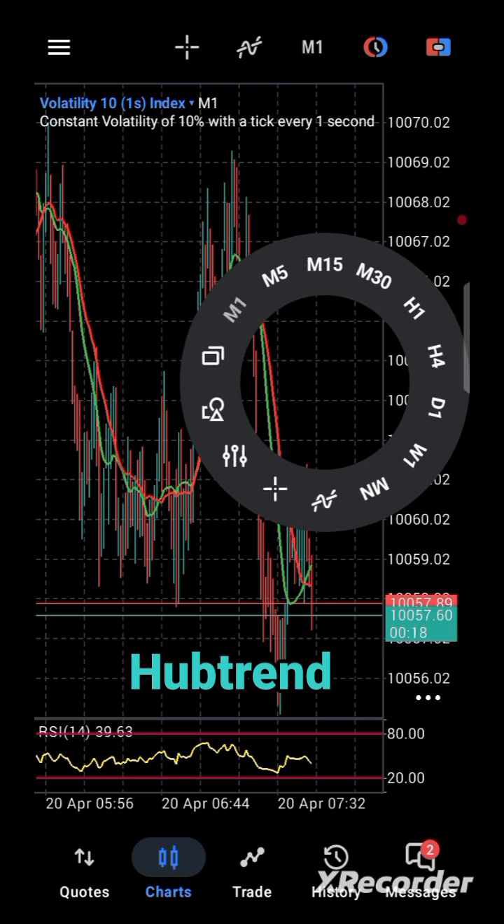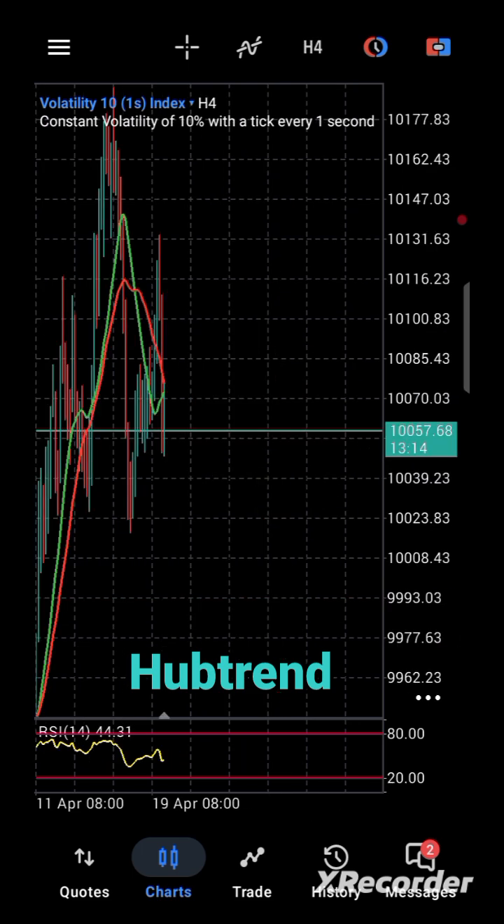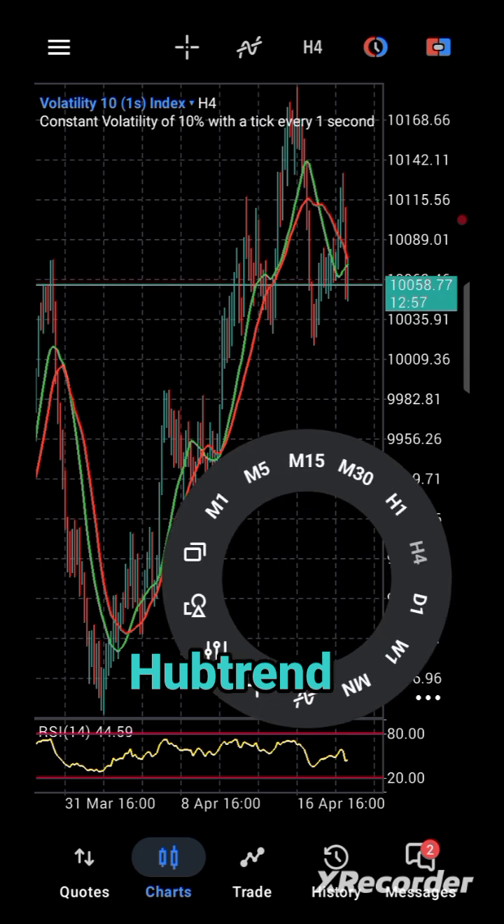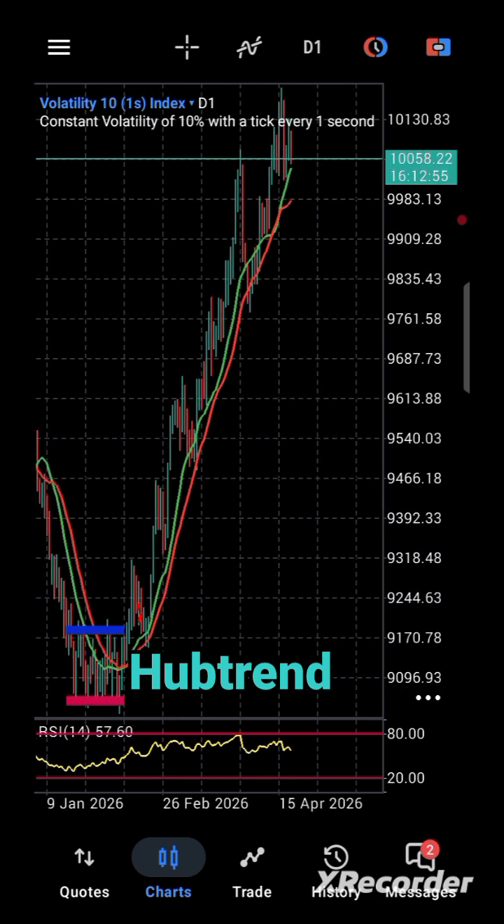Okay, having done my analysis this morning, I think this pair will go down in the next few hours. It will pass this level. So, as an option trader, I've picked a trade on this pair. As you can see, the time